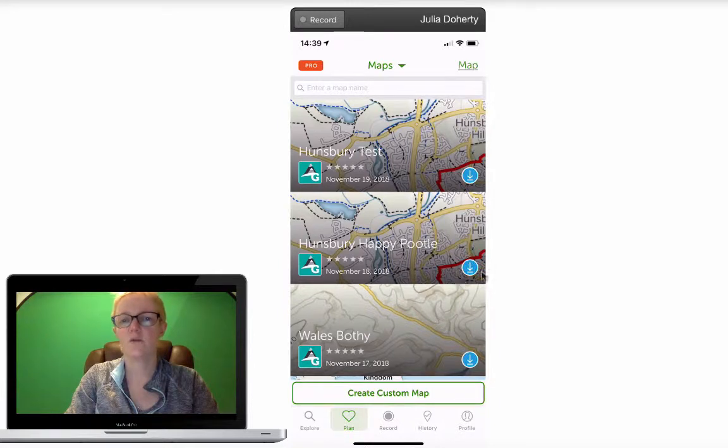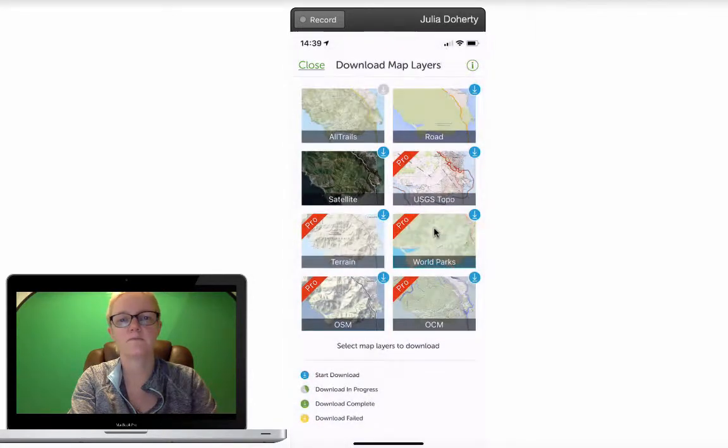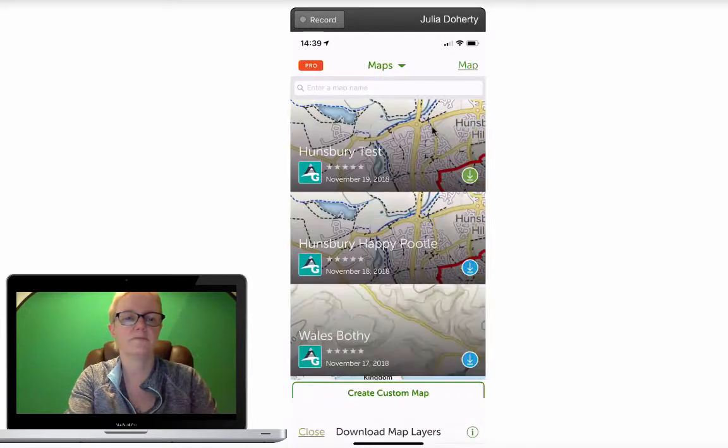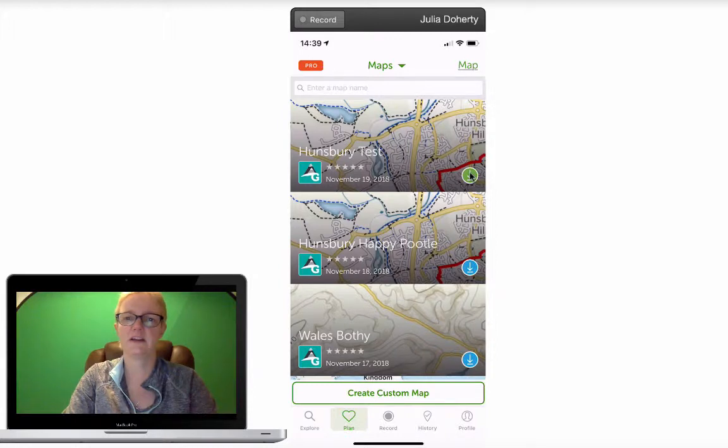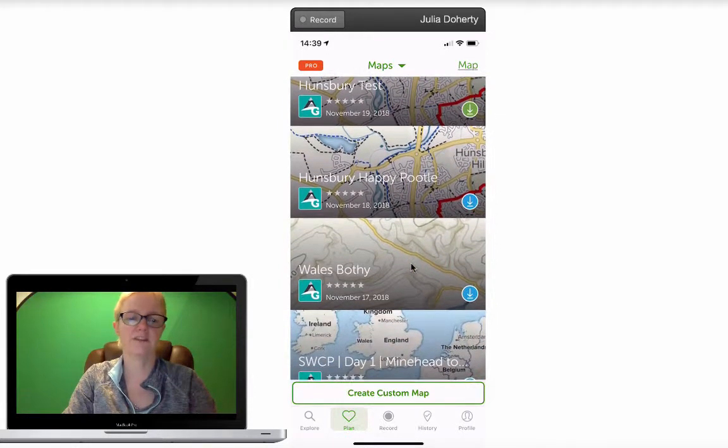Okay, so also you just need to download the maps as well, otherwise at the moment I'm on Wi-Fi and it's actually working fine, but if you haven't got Wi-Fi you want to be able to use it just on GPS. So if you just download that little blue arrow where it says down, and then you click that one and then click the other one, and you can see now they're downloading, so they'll be available offline as well as online. If you do a lot of these, then it does take quite a bit of room on your phone, so you want to make sure that you're not doing hundreds and hundreds of them, but at the moment that's absolutely fab. You can see now that's green, that means I've downloaded that one,